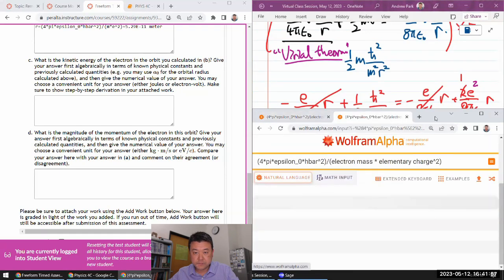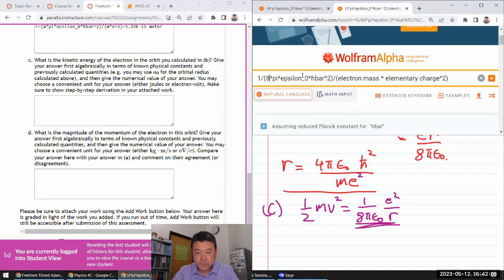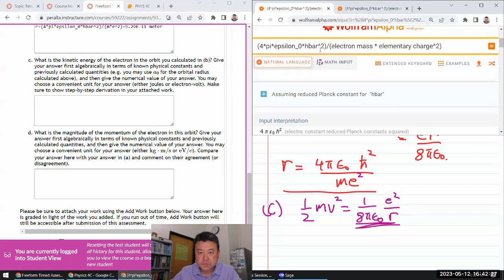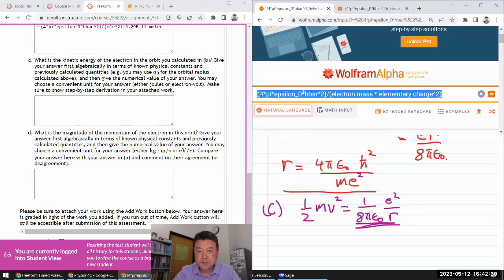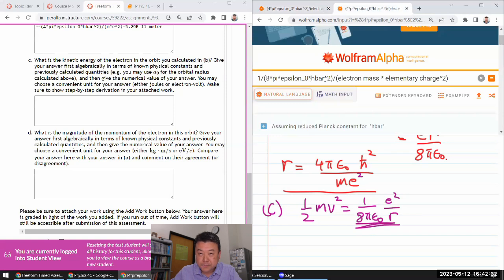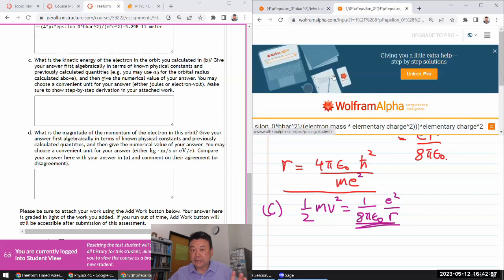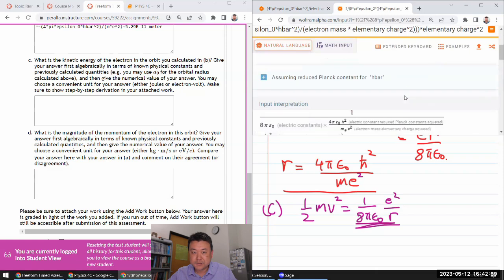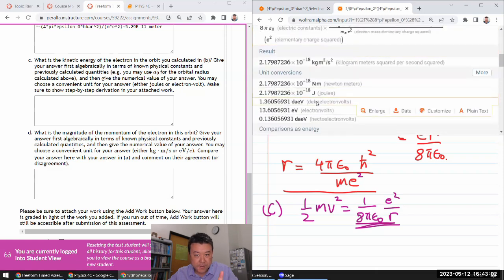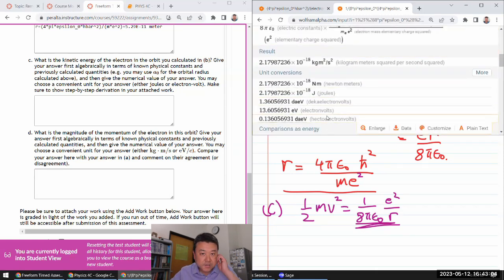So I have 1 over 8 pi epsilon naught. In place of r, let me just put this whole thing. So 1 over pi epsilon naught, and where r would be, I'll put this thing. Okay, so times elementary charge squared. And if I didn't make any algebra mistakes, this will give me an answer in units of energy. Good. So the kinetic energy here will be 13.6061